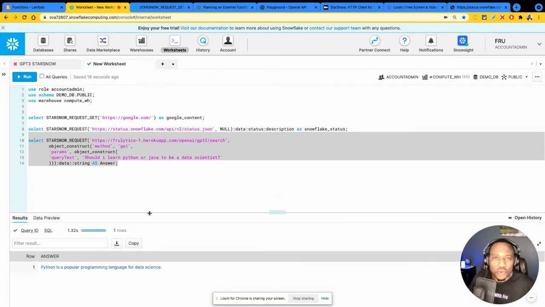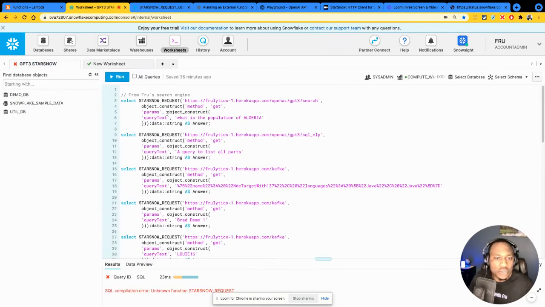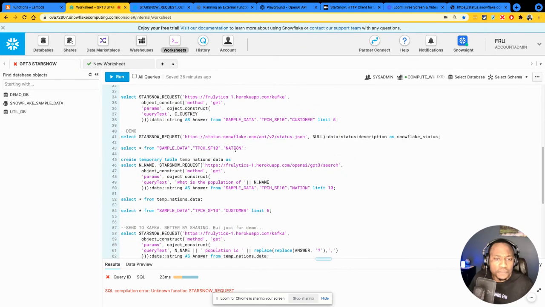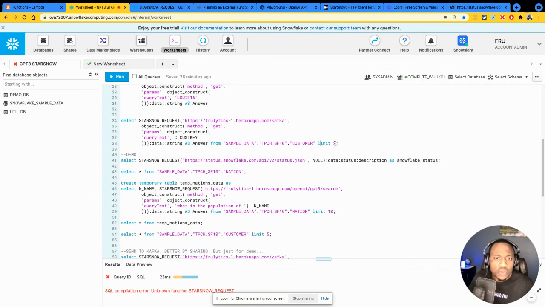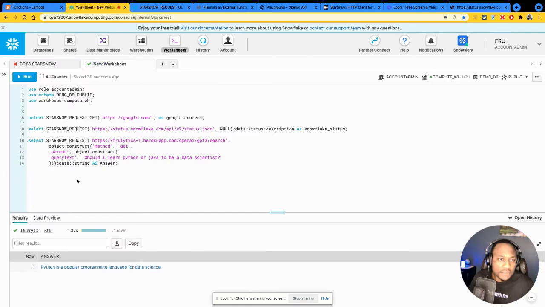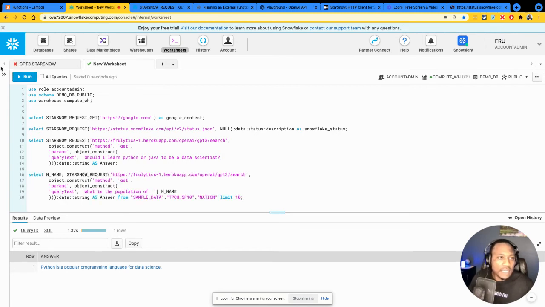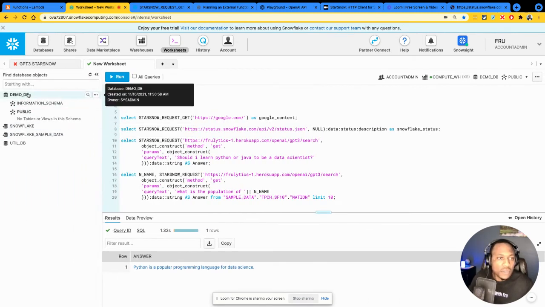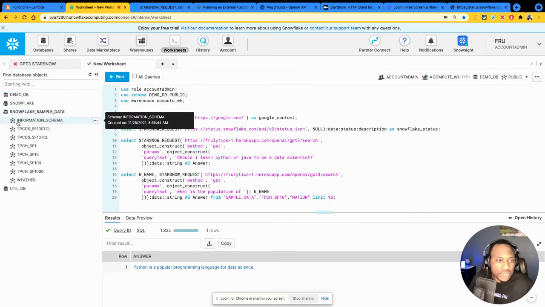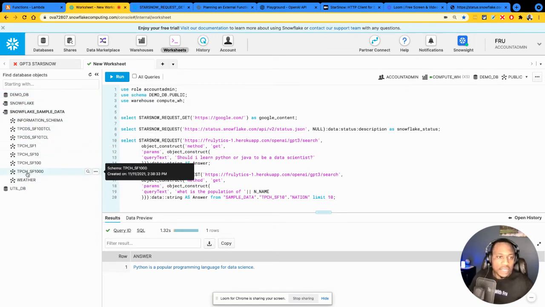Of course, you have your own data set in your organization. So let's take an example of something that we can do here as well. What I'm going to do is take data that you have and bounce that against OpenAI. So for example, let me bring this piece of code here. Again, very simple. I'm just giving you guys ABC types of scenarios, and I'm sure your imagination can definitely get more creative than this. So Snowflake has the sample data, which is available in this database, the TPCH data set,